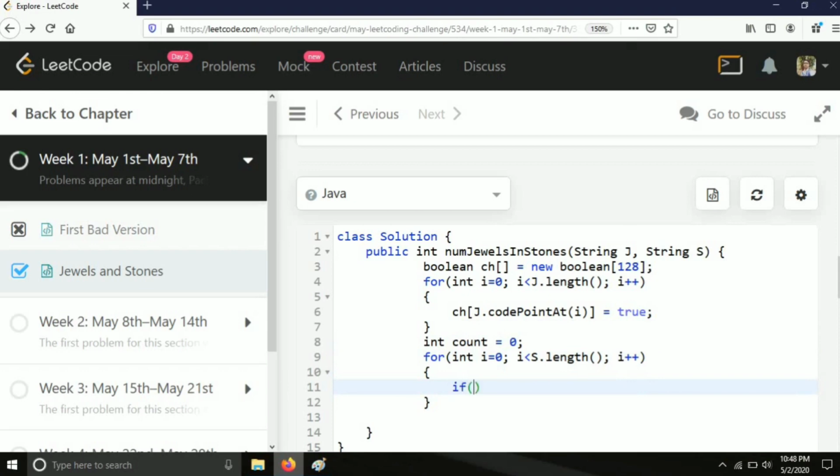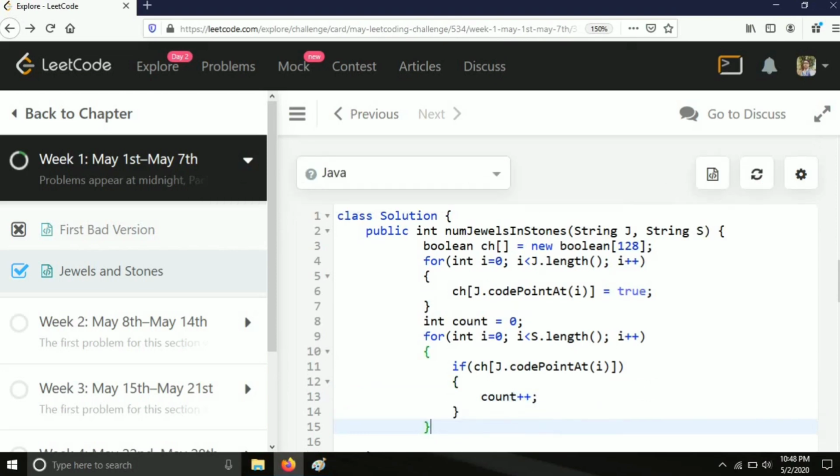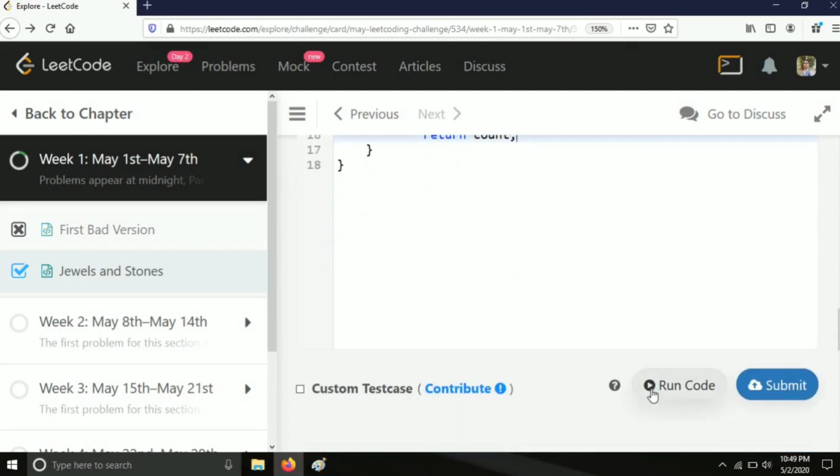Now if ch[s.codePointAt(i)], we will increase the counter, which is count plus plus, and at last we will return the count. So it will basically count the number of jewels present in the stones. Okay, return count. Now let's run this code and see whether it passes or not.